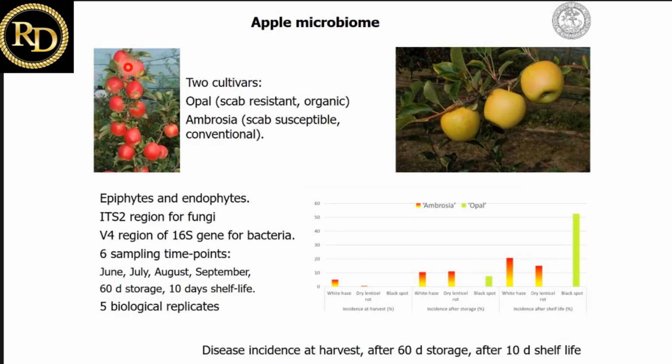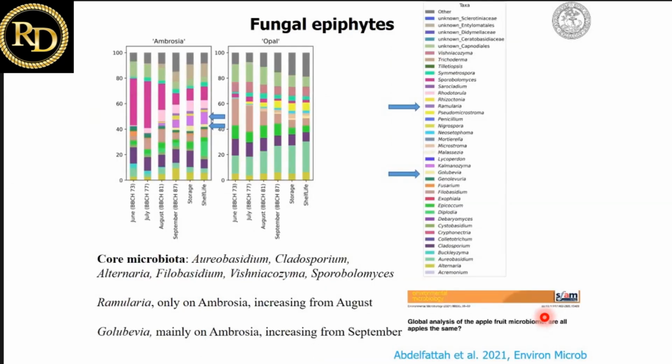One is the Ambrosia, the other is the Opal variety. And in these varieties, we monitored the disease incidence throughout the season. You can see that at the end of shelf life, or at the end of storage, disease incidence was 20% for white haze and 15% for dry lenticel rot. So by studying at different time points the presence of these potential fungi, in particular Ramularia and Golubevia, so dry lenticel rot and white haze, what we found is that